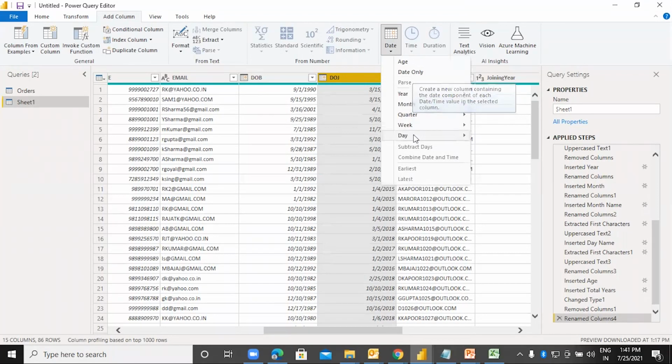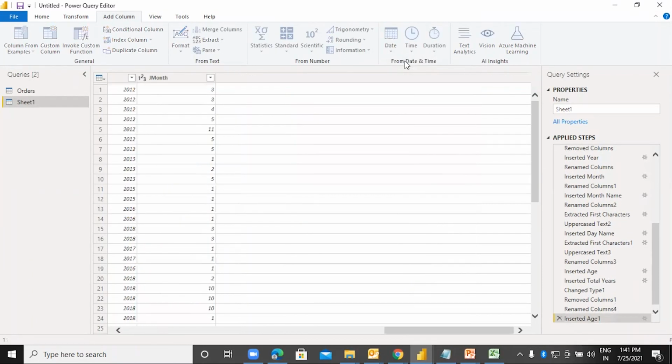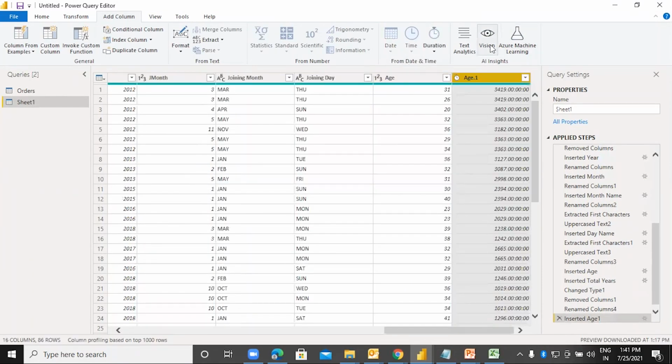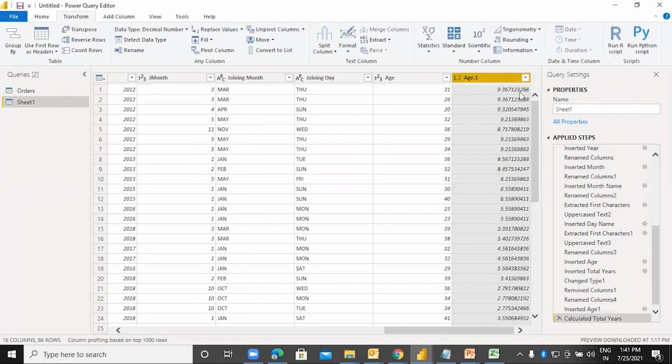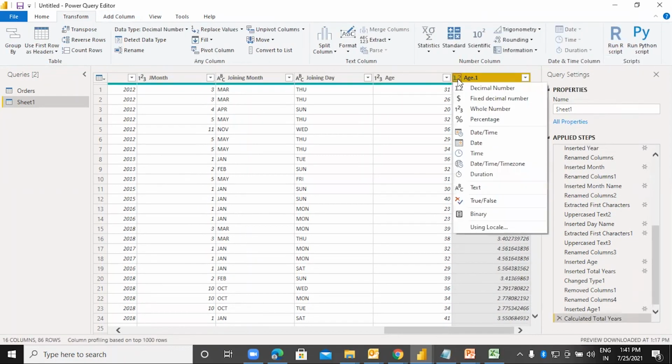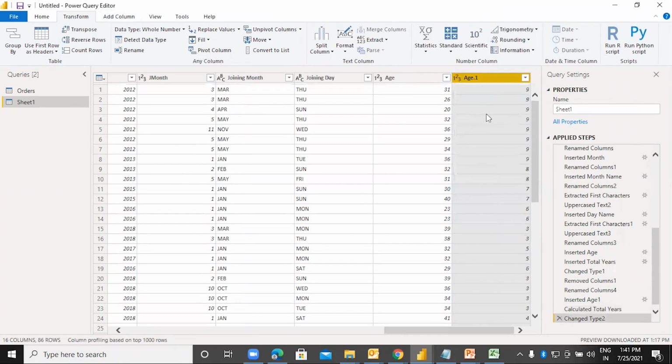I will say age, right? And I can go to the transform over here, and I can go to the duration. I want total years. So here I am getting the total years. I will click on this 1.2 and I will make it as a whole number. This is the tenure.